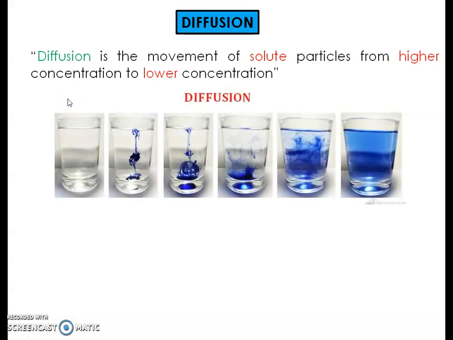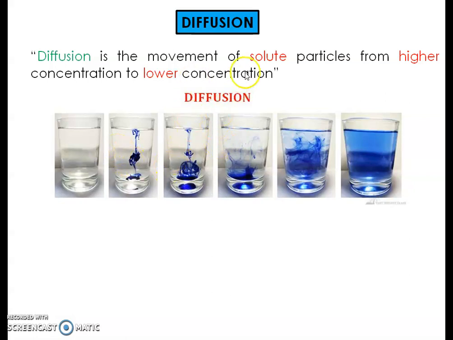We'll look at what diffusion is in day-to-day life. Suppose we take a glass of water and add a drop of ink to it. Eventually, as time passes, you can see the ink disperse, and at the end you will find that it is homogeneously mixed in the water, so that the concentration of ink is the same everywhere. So this is the movement of solute, that is ink. Here ink is the solute because it is in less concentration as per the definition of solution, and water is the solvent.